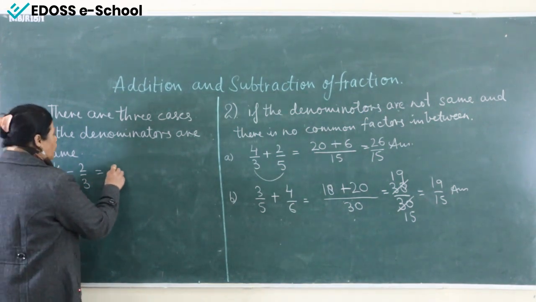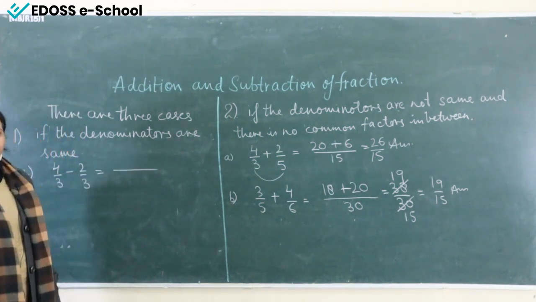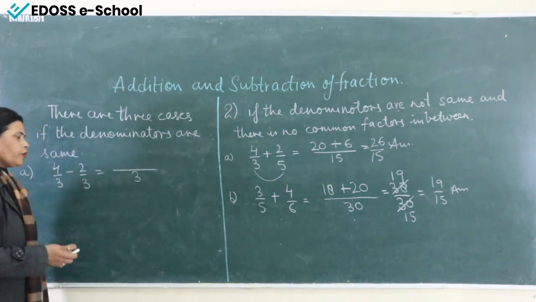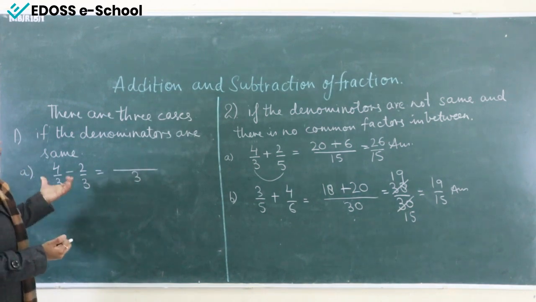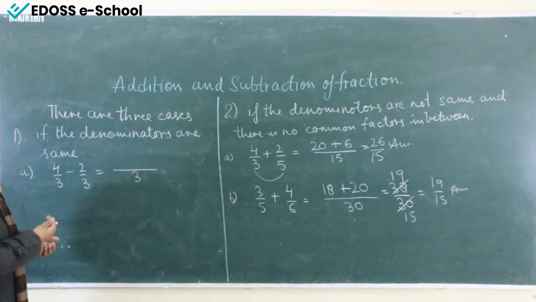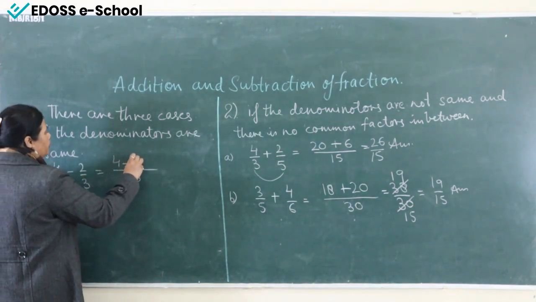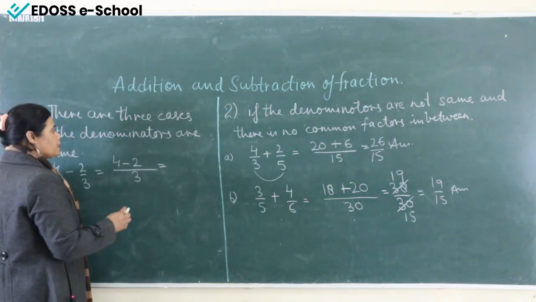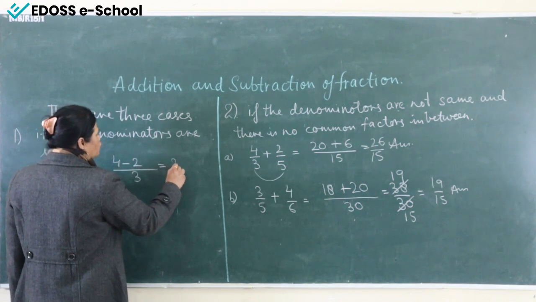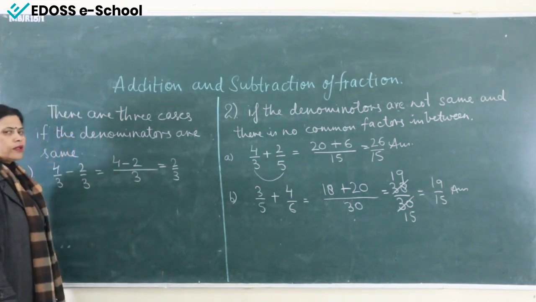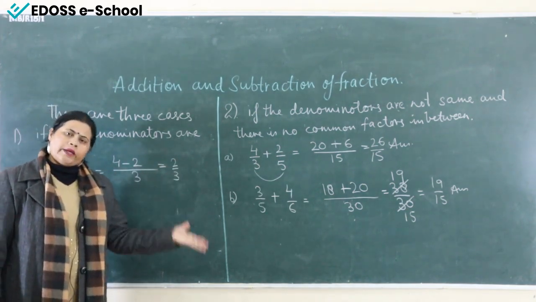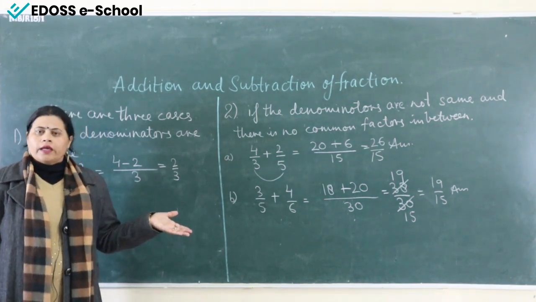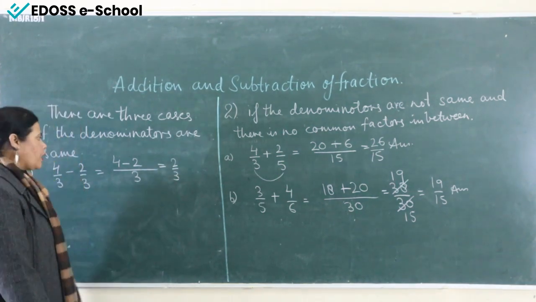So what you will do, if the denominators are same, it's very simple. You will take the common LCM. We have just told you before in addition also. So you take the common LCM, that is 3, and write down the numerator as it is. There is no more calculation over here. It is very simple, and 4 minus 2 is 2 upon 3. This 2 upon 3 is also called the lowest term, or you can say the simplest form, because there is no cancellation over here, right? Now this is my first.